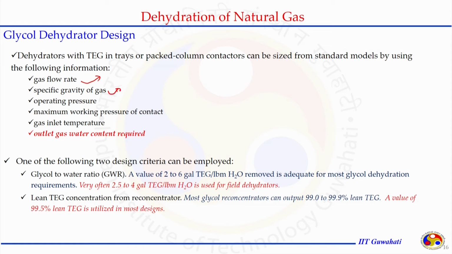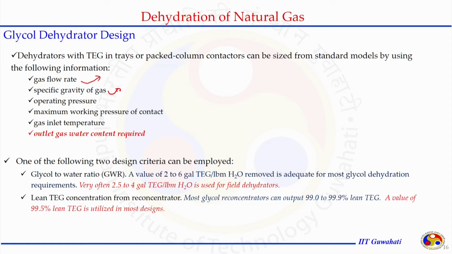So, when we are making the gas liquid contact in the tower, at what pressure that is happening, the gas inlet temperature, at what temperature the gas is entering the absorption plant, and the outlet gas water content required. That is the most important one, the outlet gas water content, and that means the dew point depression, what dew point depression should be achieved, and up to what level the dry gas after this dehydration process should be made dry. The lower water content determines the specification or the design aspects of the absorption process.